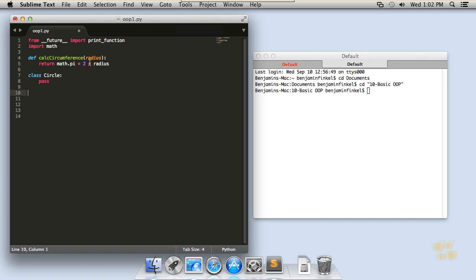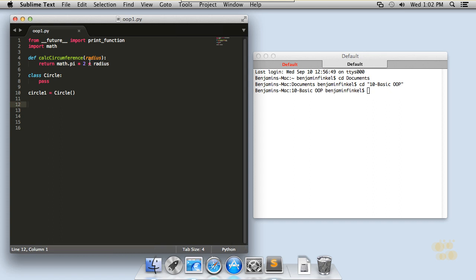And I can reference it by creating a new variable. Let's call it circle1. And notice circle1 has a lowercase c. So frequently your variables, which ultimately are going to be instances of a class, begin with a lowercase, but the basic class definition itself begins with an uppercase. So I'll say circle1 equals Circle. And there we have it. That's all I need to do. I now have a class defined. It's named Circle, and I've created a new